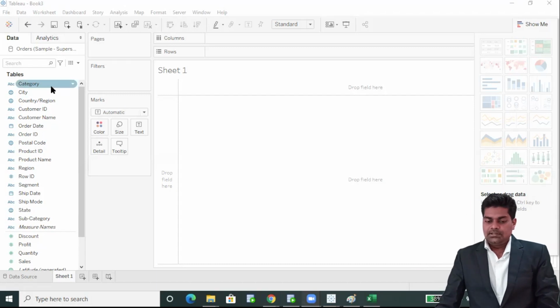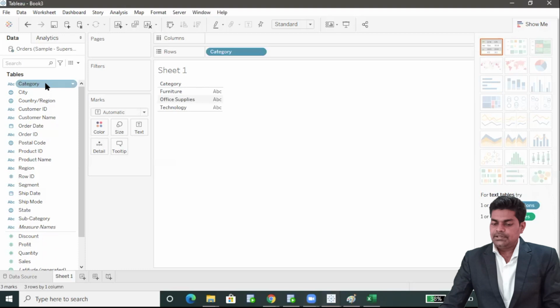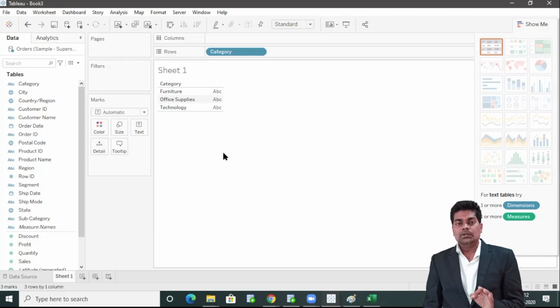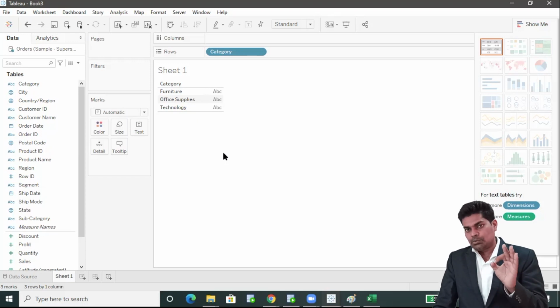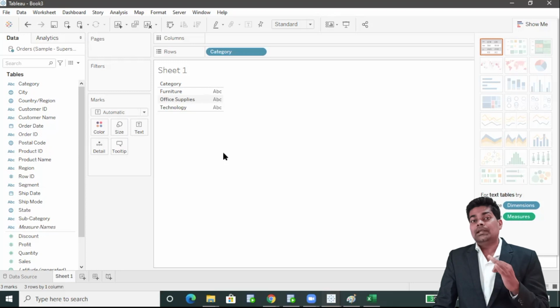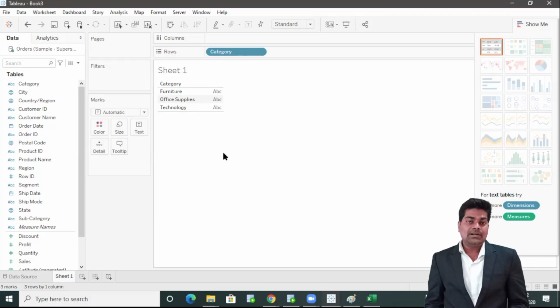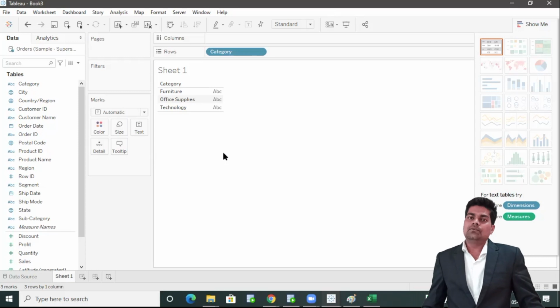So select or double click a column name. So there we have some category. So friends, whenever you are working on any data, whenever you are working in any tool, the first principle is to know about the data. First you should know about the tables, first you should know about the columns. How many columns are there, what is the purpose of each and every column, what is the definition of the column, and why we are doing that work. So all those questions should be clear, then only we can work easily.